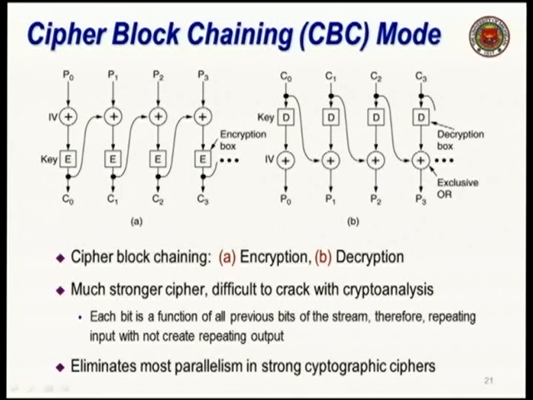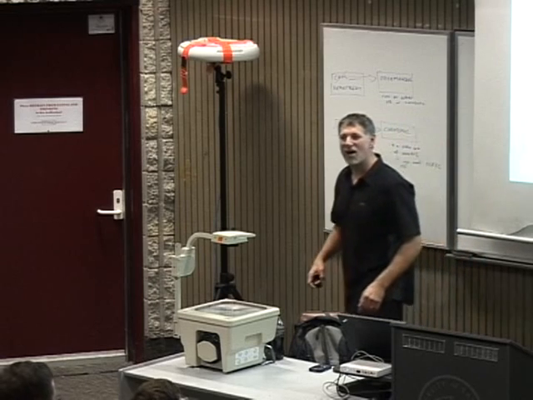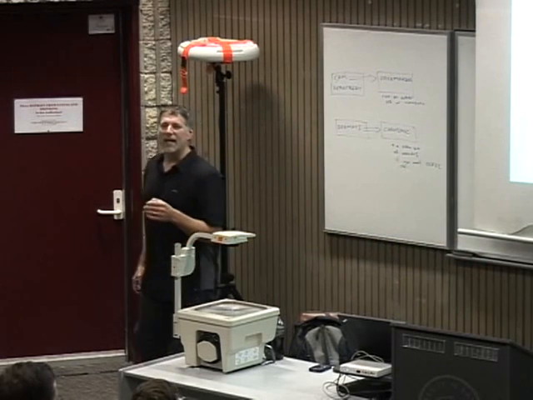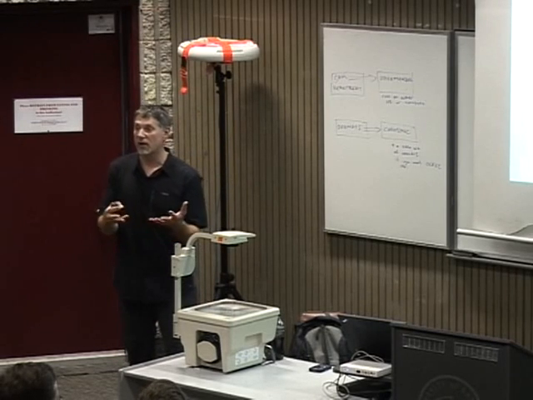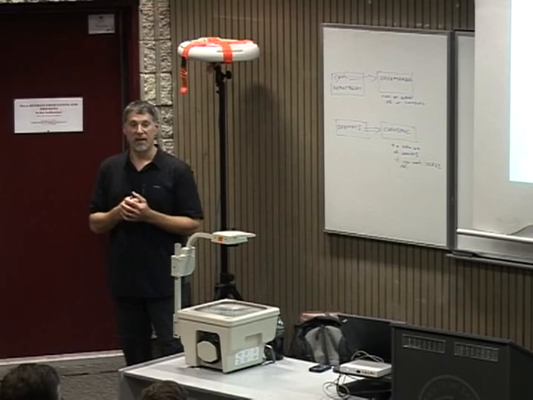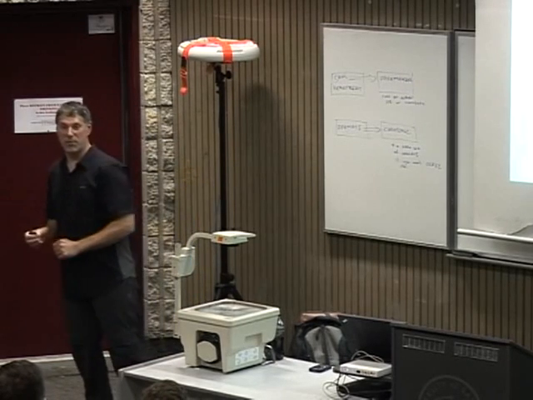Now here's the advantage of this. This is an image that I encrypted with ECB and then an image that I encrypted with CBC. And you can see, this is not as strong as this. The reason why it's not as strong is because it essentially becomes a problem of substitution to figure out how to decrypt the algorithm. Every time I have the word "the," it's going to be the same in the output